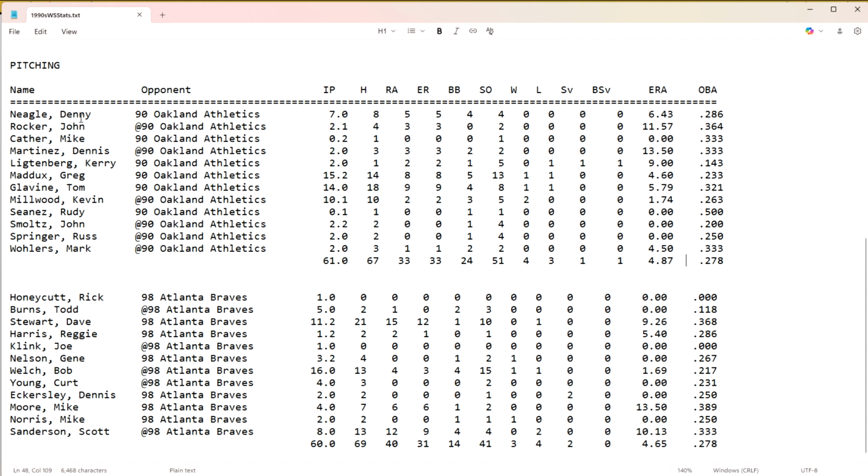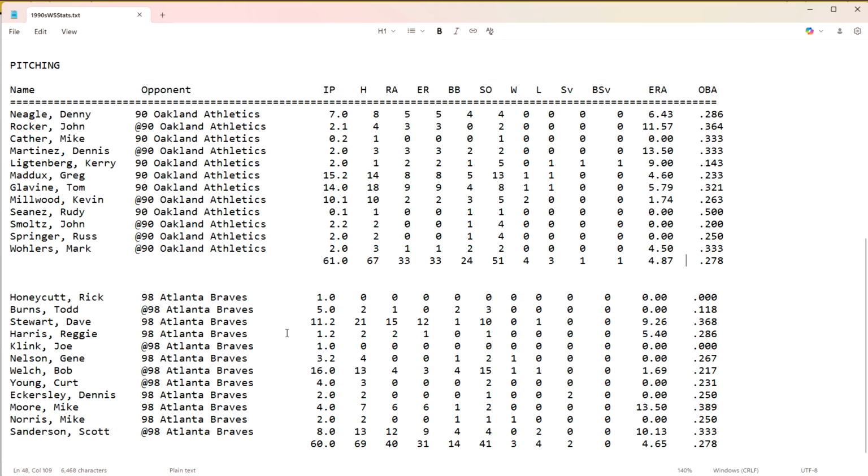Looking at the relievers, John Rocker came in a couple of times, but he allowed some stuff in a couple of those times. Dennis Martinez got hit around a little bit in a couple of innings. Leitenberg, he blew a save, but then in the Game 7, he struck out 3 straight batters. So, overall, I'd say successful. Overall, the team ERA for Atlanta was 4.87. Now, looking at Oakland,